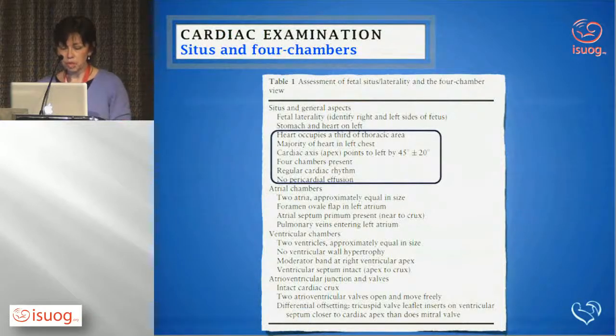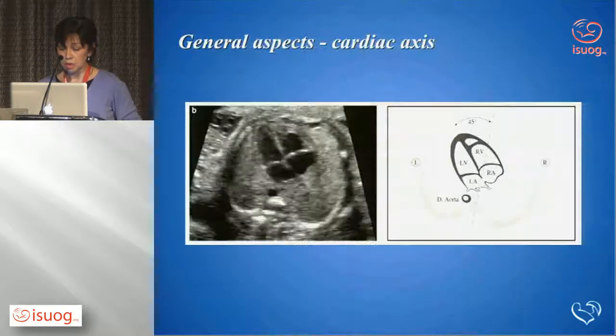Now, if we move on from the 4 chamber, you're still looking more at the general aspects within the chest, like the heart size, about a third of the chest, the cardiac axis, the rhythm, the contractility. I'm going to start with the cardiac axis, and that's a 4 chamber taken from that same clip. If you draw a line from the anteroposterior axis and another line through the interventricular septum, that cardiac axis is about 45 degrees, plus or minus 10 degrees, which is 1 standard deviation, or 20 degrees, which is 2 standard deviations. We don't obviously need to measure that. Our eyes get used to the image. Heart on the left,